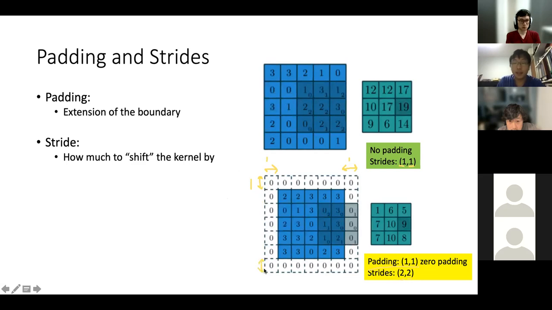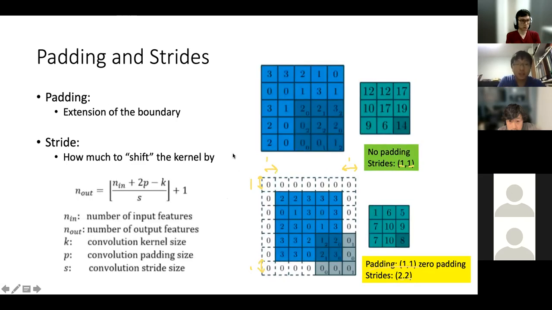Let me end off with the next slide to give you the math equation behind this. With the math equation behind padding and stride, we can calculate what our output dimension will be. Our output dimension, n out, is a function of your input, your filter size, and your strides. So this is my n in. So n out equals n in,